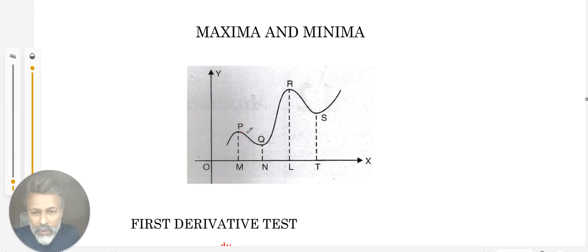Look at these 4 points P, Q, R, S. As you are seeing, they are the turning points because the graph is turning at that moment. After S the graph is going infinitely up, and before P it is going infinitely down. So we are unable to know the maximum value or the minimum value before P and after S. So these points P and R are called maxima, but we place a word called